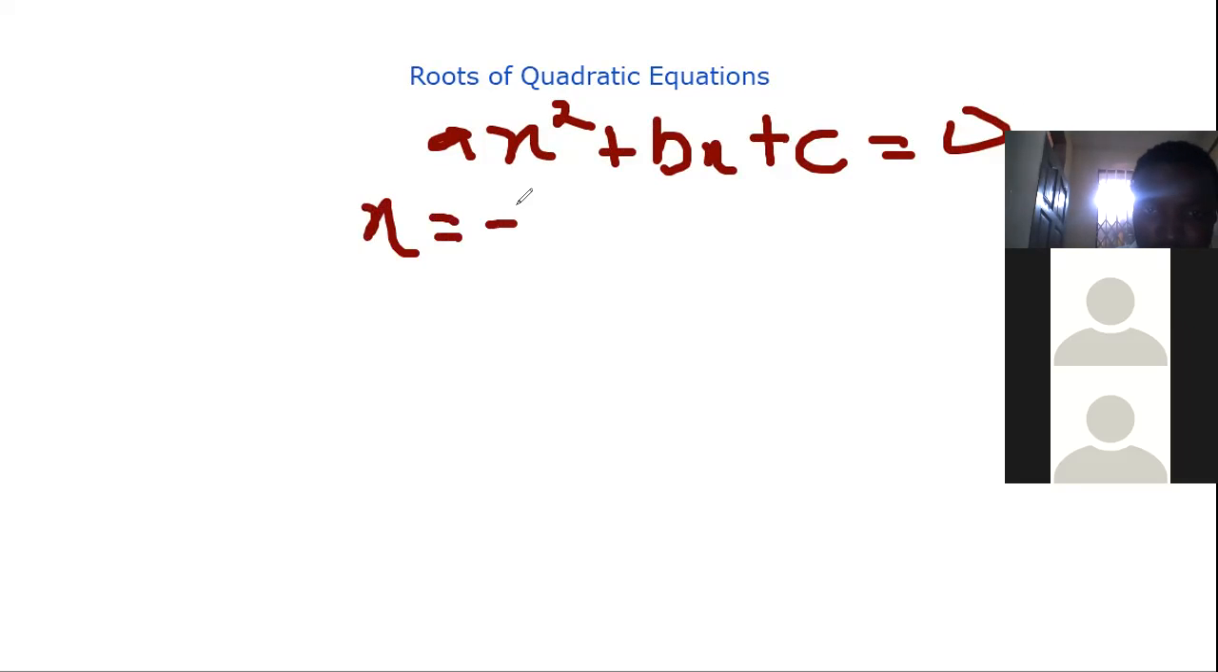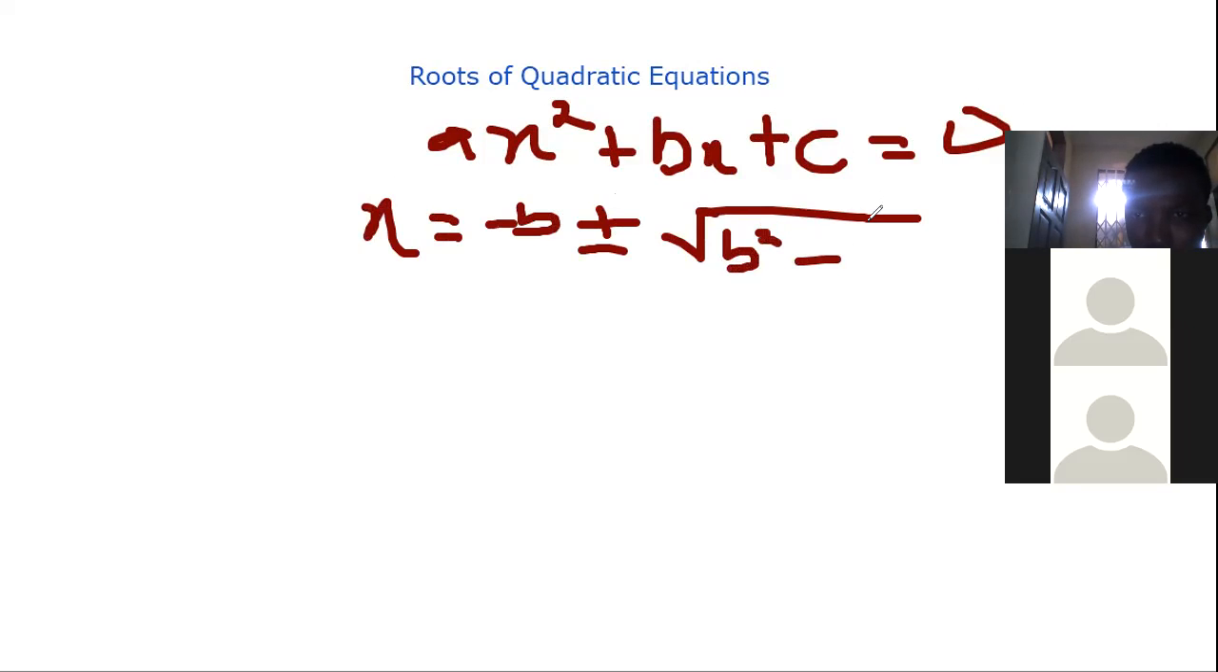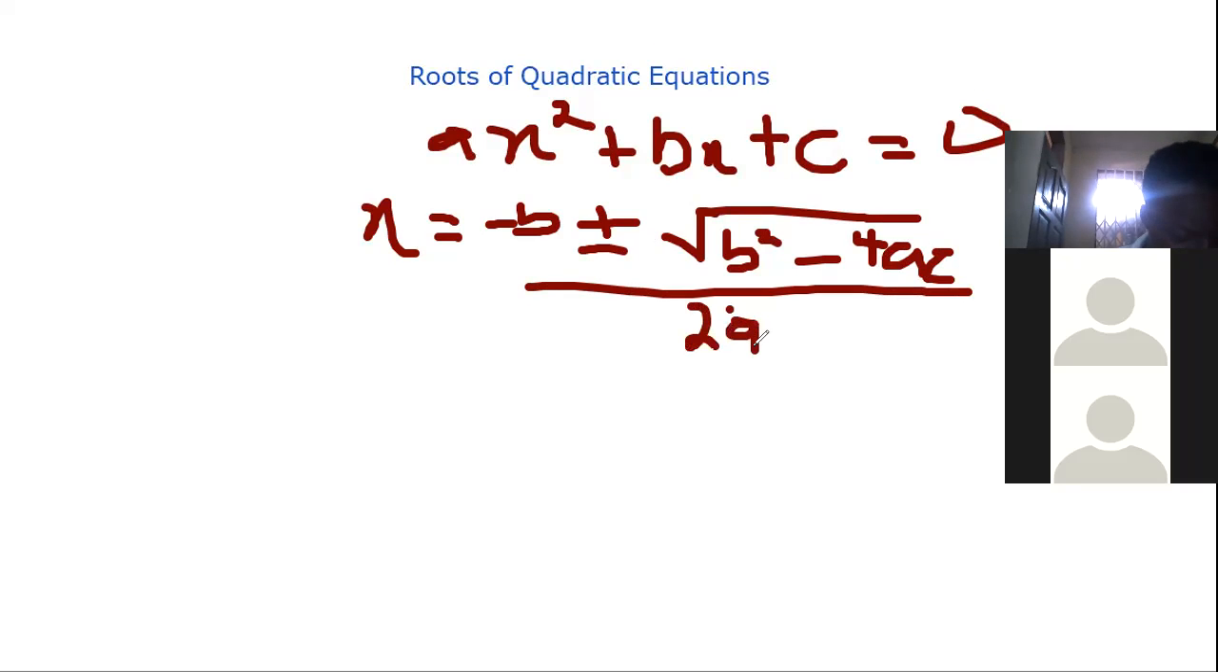x is equal to negative b plus or minus root b squared minus 4ac, all over 2a. I hope we've done this formula. I've taught you how it was derived. Now, we have something we call